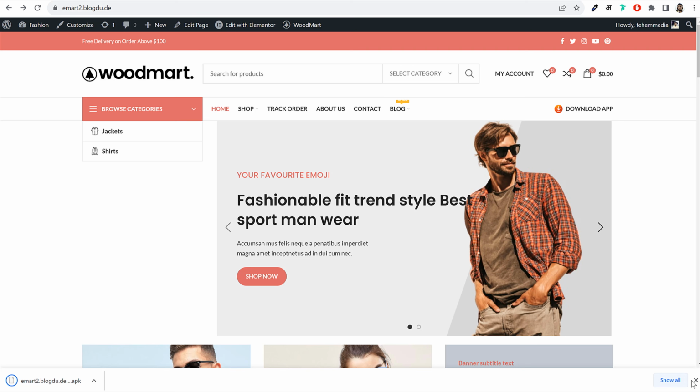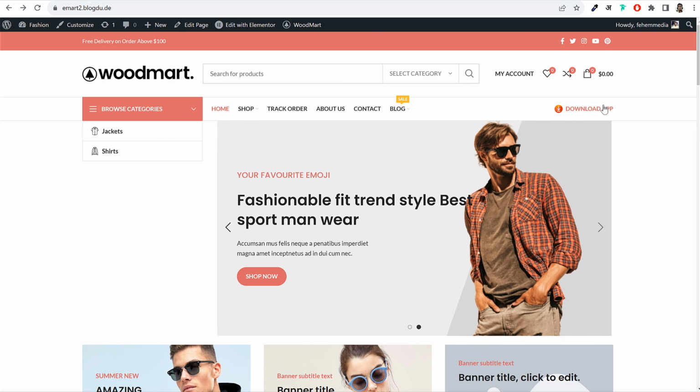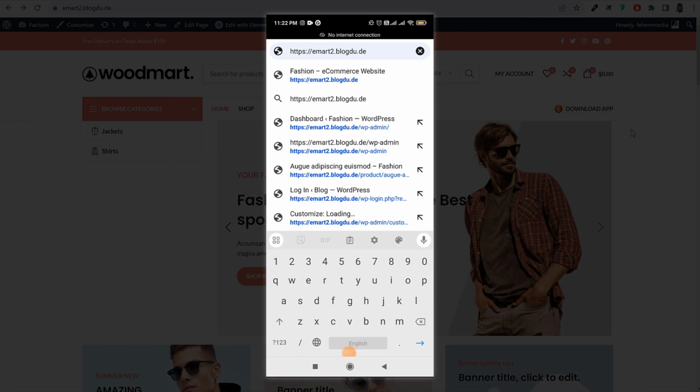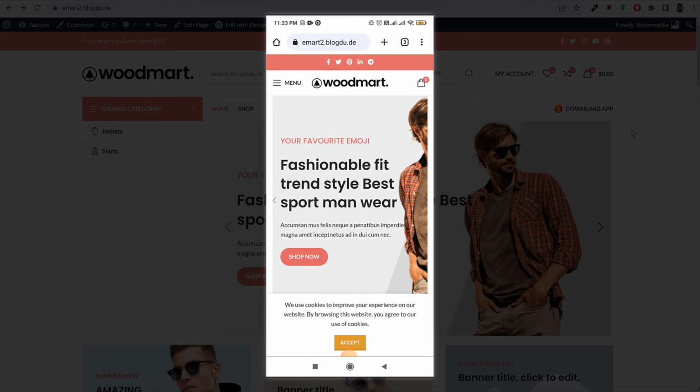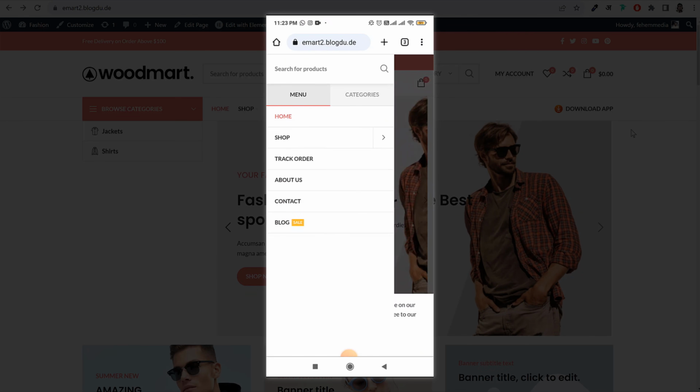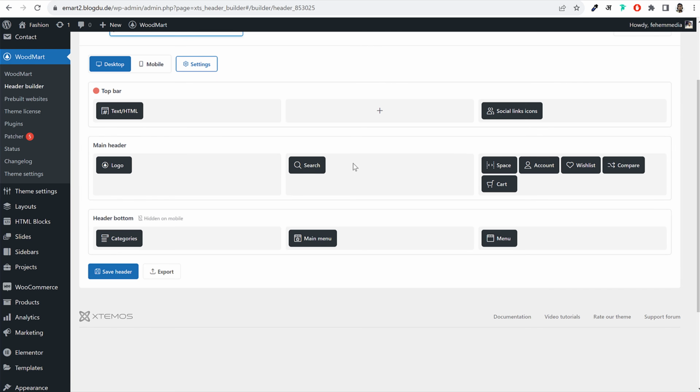So now let me again do one thing, open this website on my mobile phone. Let me show you how we can download the app and whether everything is working properly or not. All right, so first of all, I'll go to this website emart2.blogdude or whatever your website name is. Now your users can go to menu, and in fact, let me do one thing because this will not come under menu. So what I'll do is I'll again go back to header and I'll do the same thing